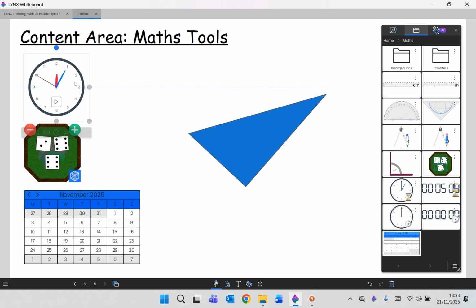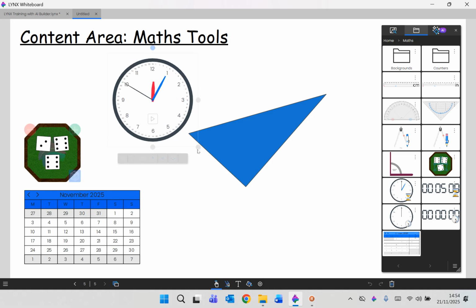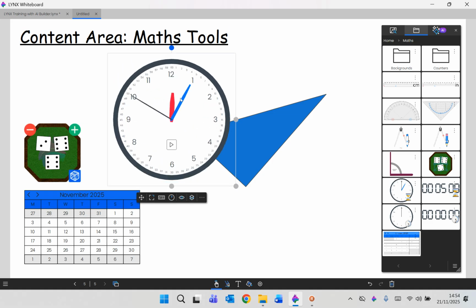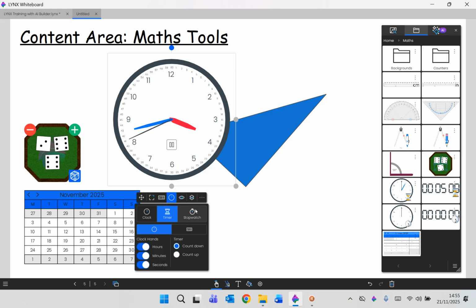If I just bring that forward so it's a bit larger, you can see that it's fully interactive, so I can mess around with any of the hands on the screen. I can just get the clock to play. As you can see here, it's doing a count backwards. So if we go into the settings, we can see that it's being used as a kind of a timer and it's counting down. But we can get it to count up, or we can switch it so that it's a stopwatch,